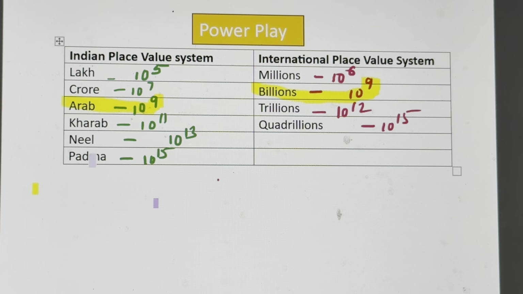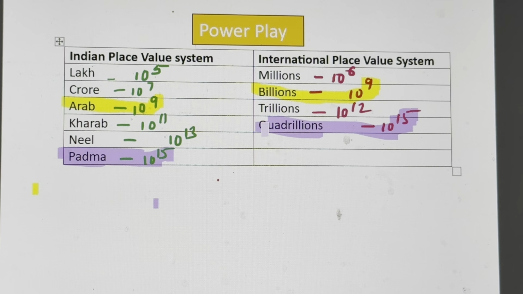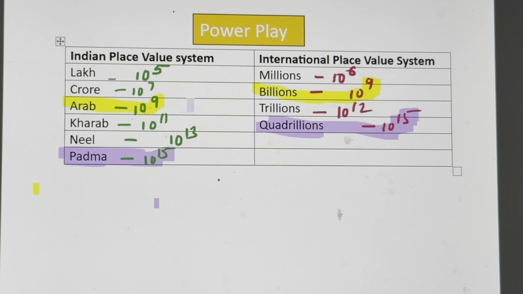so if we see quadrillion, quadrillion is 10 raised to 15. Just observe this. I am highlighting this with the same color so that you remember. And Padma is also 10 raised to 15. So 1 Padma is 1 quadrillion. Right? So before understanding the examples which are given in the textbook, if you keep this in mind and it is clear, then it would be easier for you to understand. Fine?